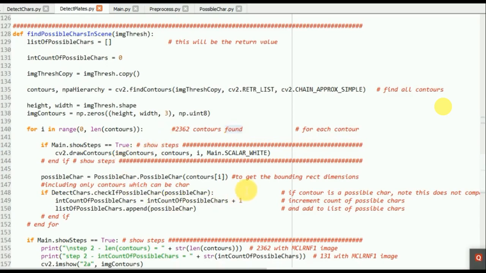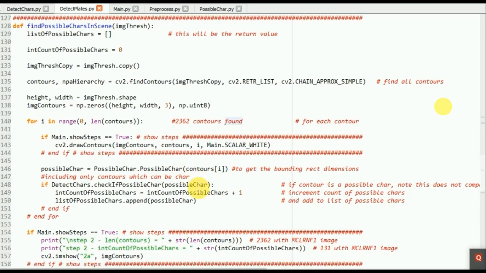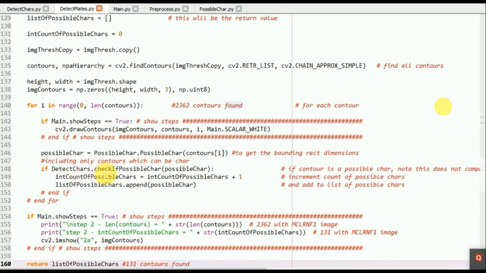Now we will be reducing this contours count because we will only be checking for the contours which can be characters. So first we will be using possible char function to get the bounding dimensions of our contours. Next we will be using check if possible char to check whether the contour we found is a character or not.